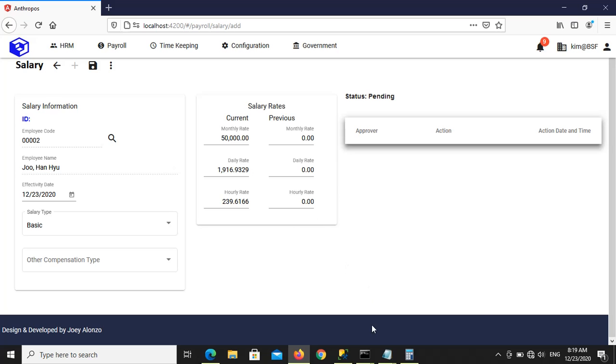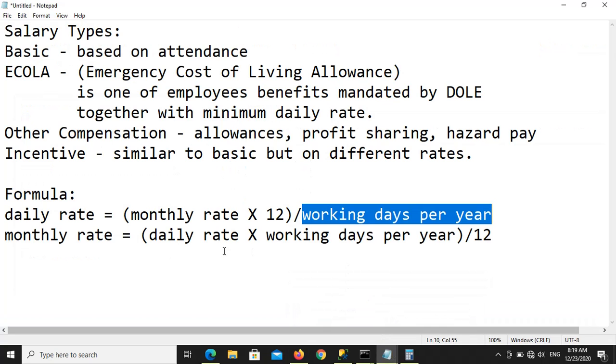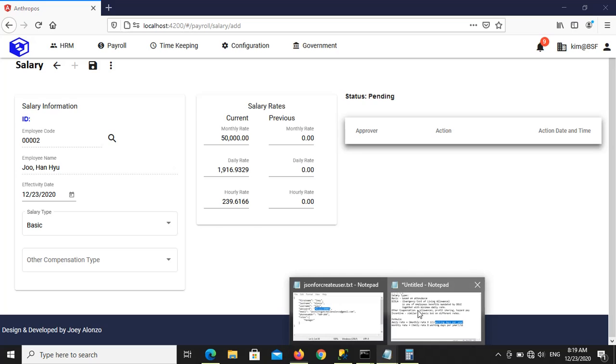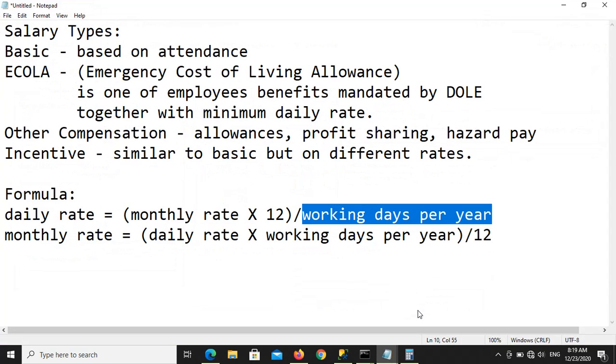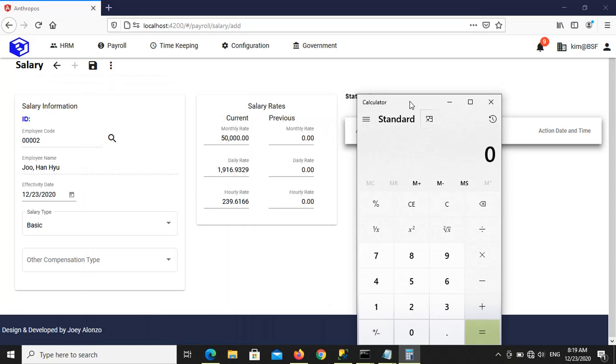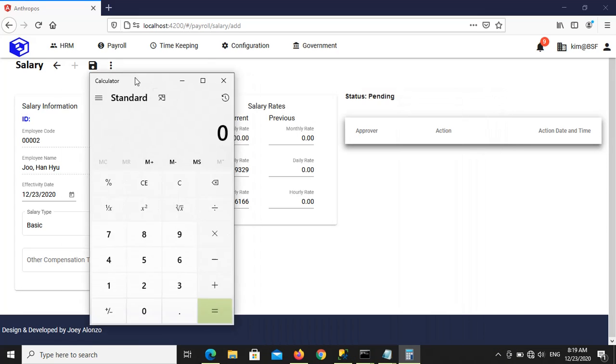As I said, the formula for daily rate is monthly rate multiplied by 12 divided by working days per year. So in that case, monthly rate multiplied by 12. So this 50,000, if we go to the calculator,